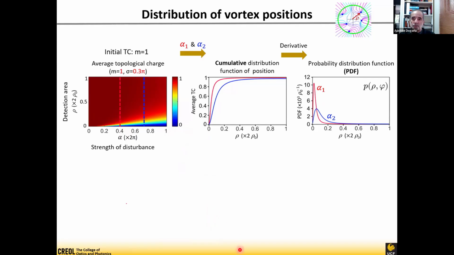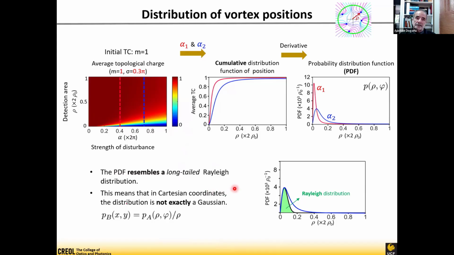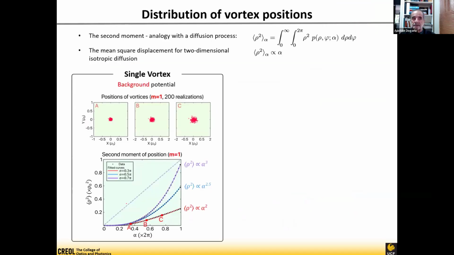So the process is not a normal Einstein-like diffusion because of the interaction with thermal or secondary vortices. And as you see here, the actual probability density function of the distribution of locations after some propagation is not really a Gaussian, but is more like a Rayleigh distribution, therefore it carries information about the type of potential that destroys their location. So you can measure the distribution of that when you have one single vortex,